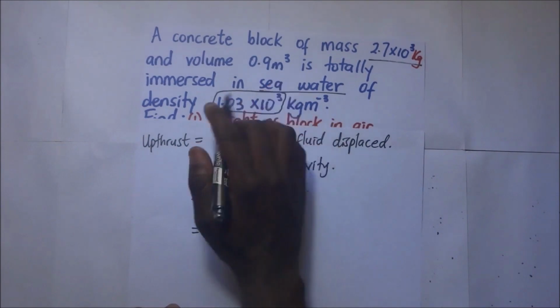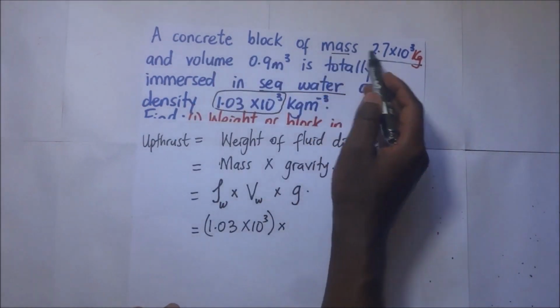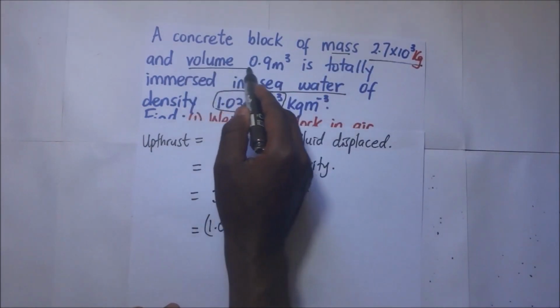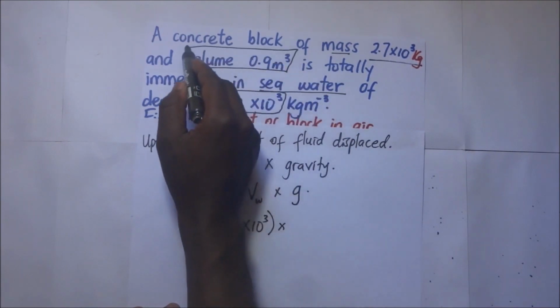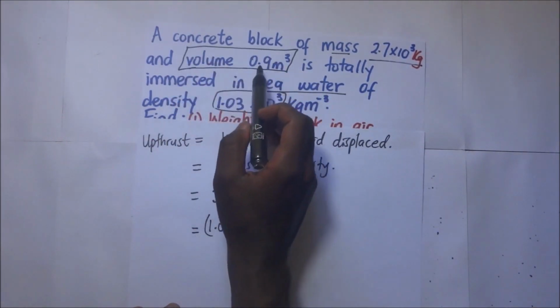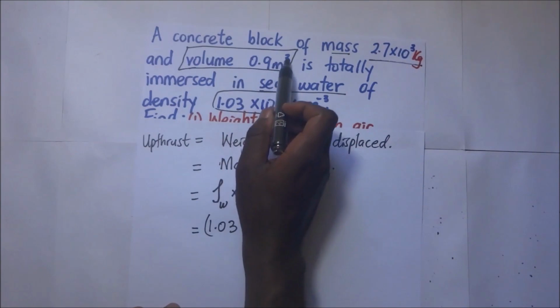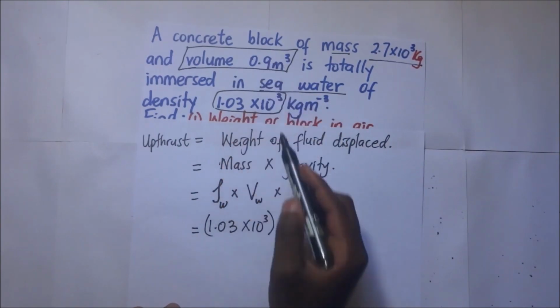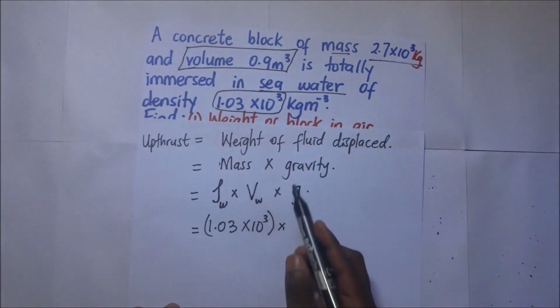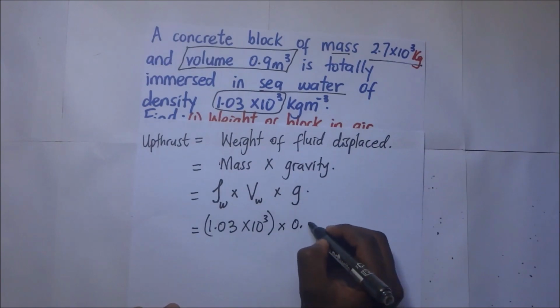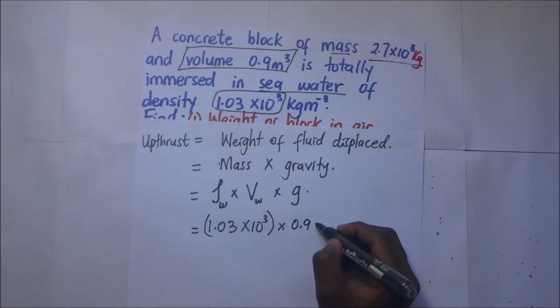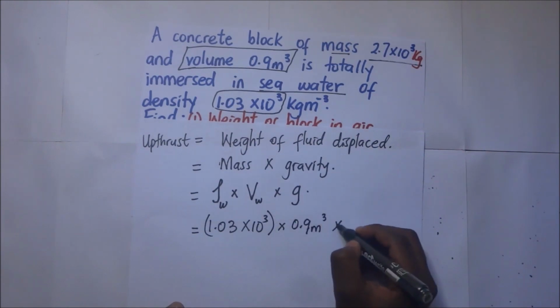According to our question, the concrete block is of this mass, and the volume of that concrete block is 0.93 meters cubed. So if the volume of the concrete block is 0.93 meters cubed, it means that's the same volume that was displaced, the volume of the water. So it's going to be the density times 0.93 meters cubed, multiplied by gravity,